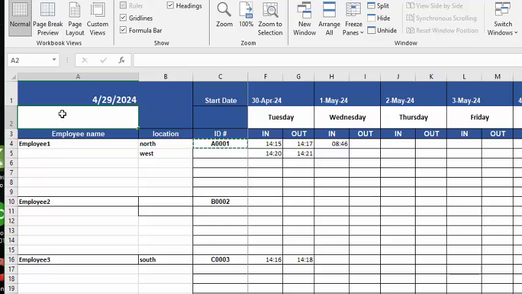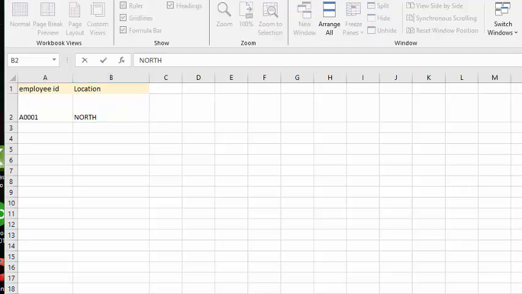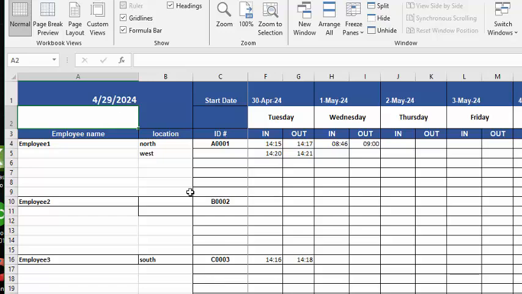We're scanning it here, and now it's asking you what location you would like to be working at. So I'm going to enter north here, and once again, you could scan this easily. Then it goes in and it looks for north for the employee number, and it finishes the time for the